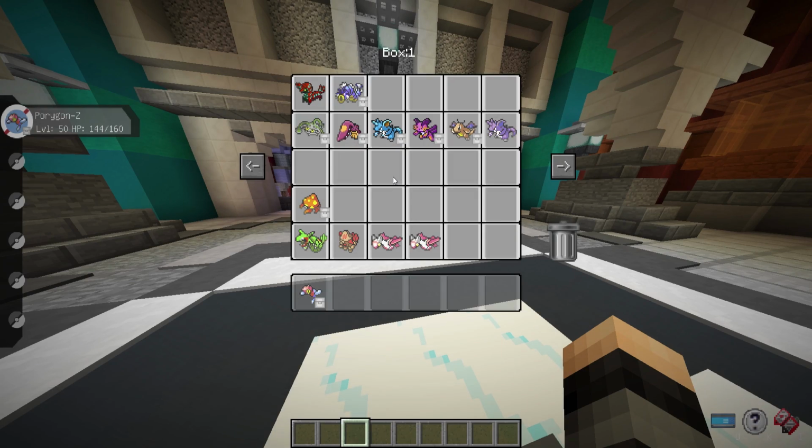So I want to go ahead and use a different team this time around. I'm definitely going to stick with my Porygon Z, which we just got in yesterday's video. Make sure to go and check that out if you missed it. But I also think we want to go with